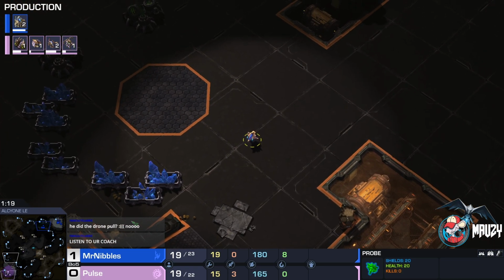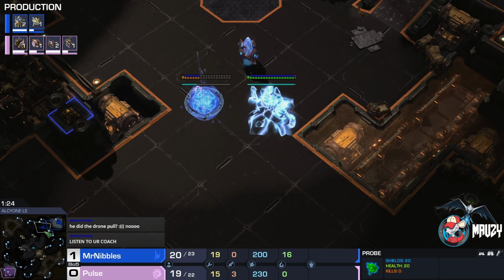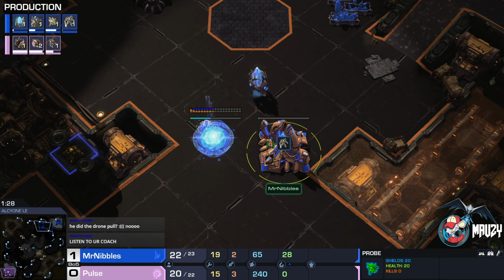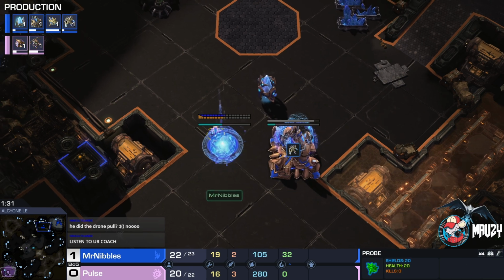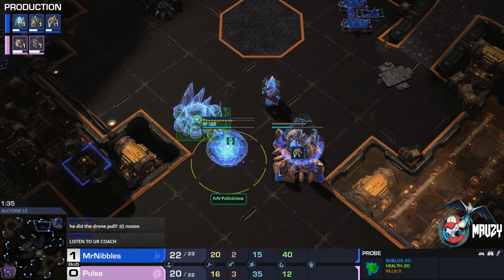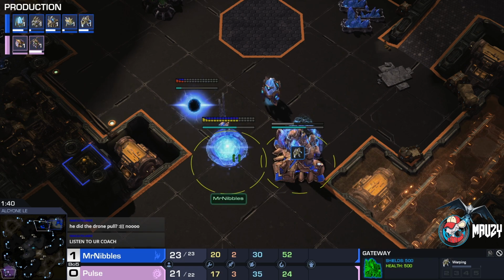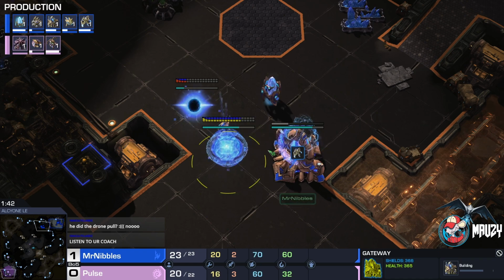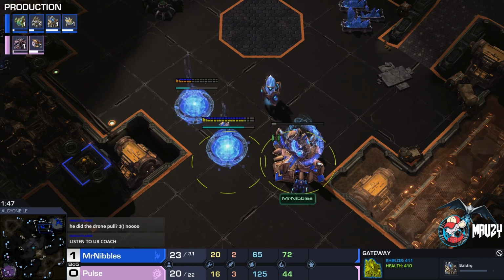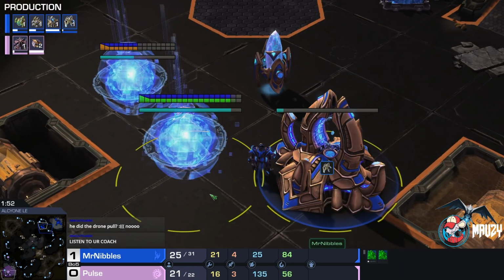So the best way would be to actually block this hatchery position. Looks like there's going to be a potential... Okay, second gateway is down already. Going to go for the cyber core, I assume. But this is kind of an awkward situation because I believe this is not a wall, or maybe this is a wall. But it's going to be really difficult to wall behind this because these two buildings are actually adjacent to each other, like they're in line. I don't know how else to... Not adjacent, but like...